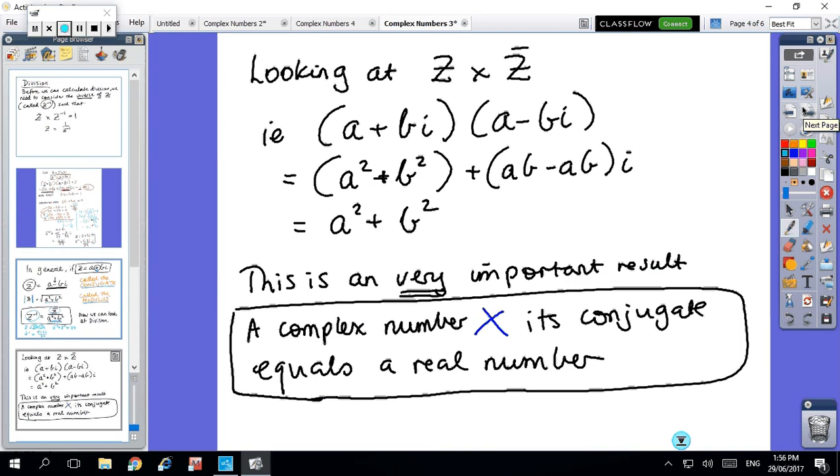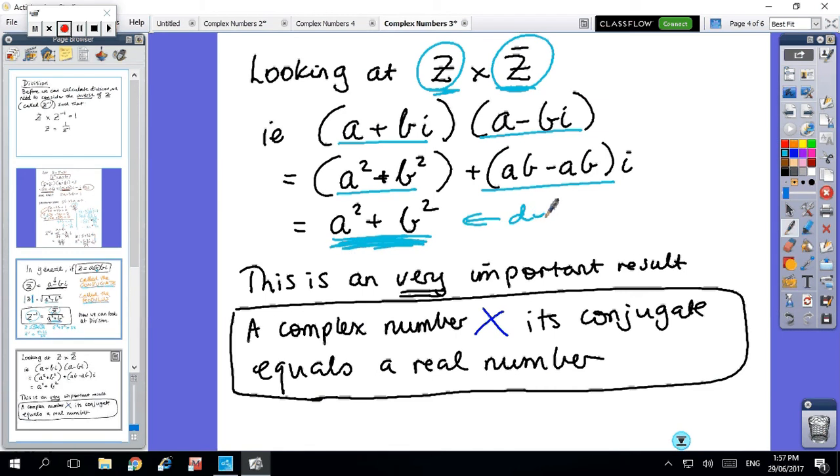Okay, so looking at multiplying a number by its conjugate. Okay, so we've got a plus bi multiplied by a minus bi. So we're leading to division, but we've just got to go through these steps. So we end up with just multiplying out. We get a squared plus b squared, and the real part, imaginary part, just disappears. So when you multiply a complex number by its conjugate, you get this a squared plus b squared, which was the denominator